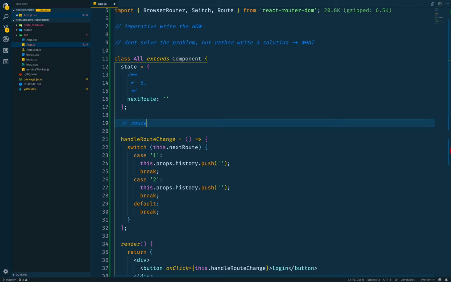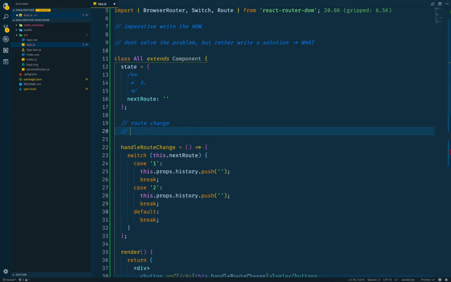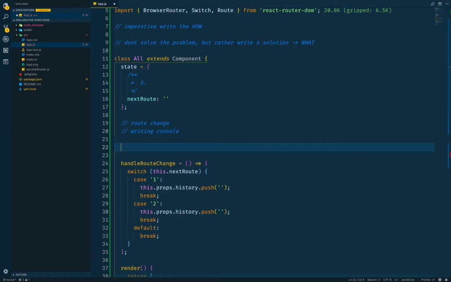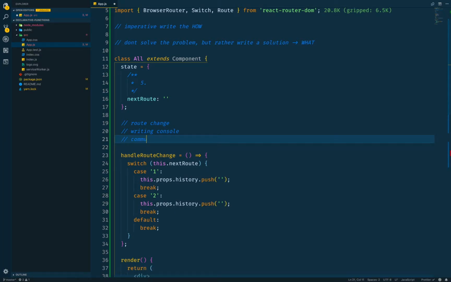So like route changes, writing to the console, communicating with any API, let it be XML, JSON, GraphQL, name it, whatever you want to do, database connection, query, DOM query, DOM mutation, so a lot of things are side effects,